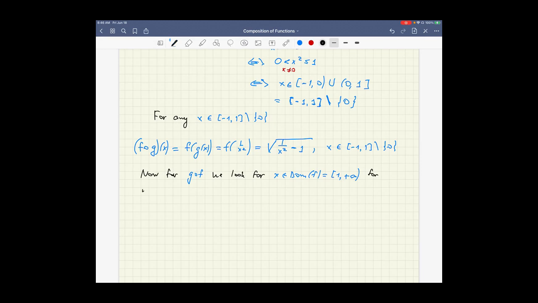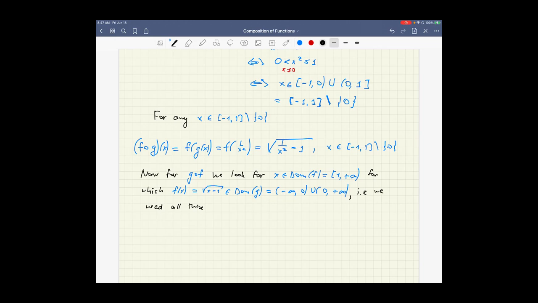for which f of x, which is square root of x minus 1, lies in the domain of g, which is, again, negative infinity to 0, union 0 to infinity. Specifically, we need